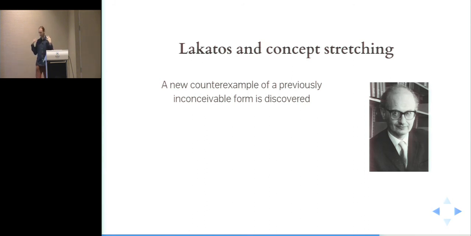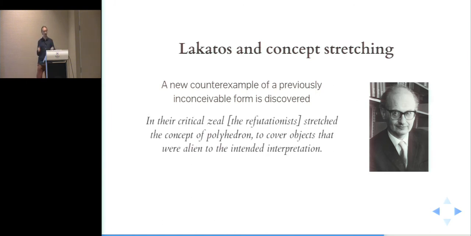When it was first discovered, you'll have to Google it yourself, it was like vertices minus edges plus faces is 2. And that works until someone comes up with a polyhedra that has a tunnel through it, because then it's 4. And how people react to this is that someone comes with a counterexample, and they suddenly extend this idea of polyhedron from all these nice